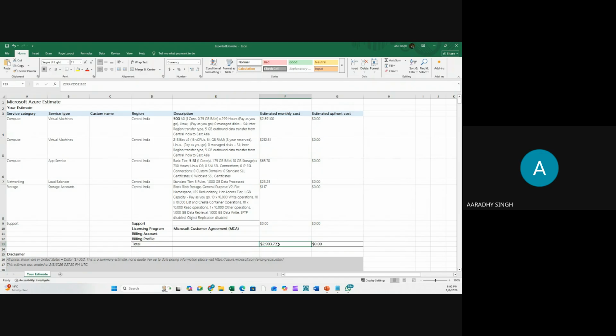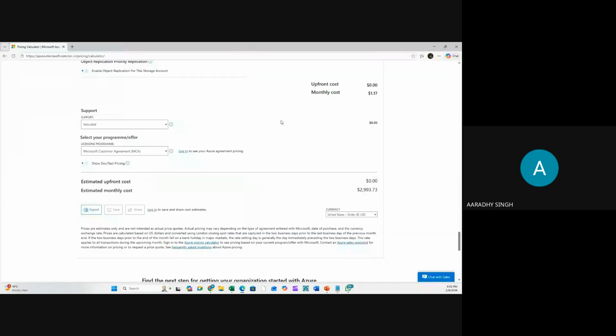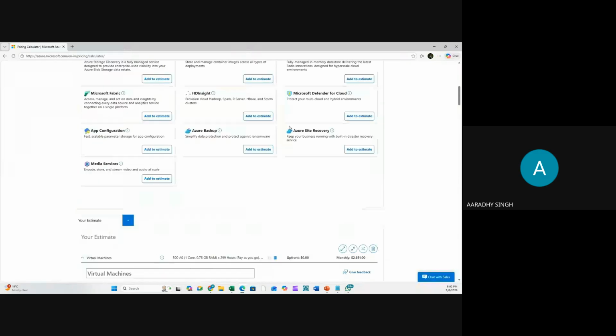But remember, you can propose this only if you are good. If you have deep knowledge of Azure services, then only can you propose. Otherwise, you can work like a developer, not more than that. And the industry is looking for multi-skilled professionals. If you're multi-skilled, you are more valuable.